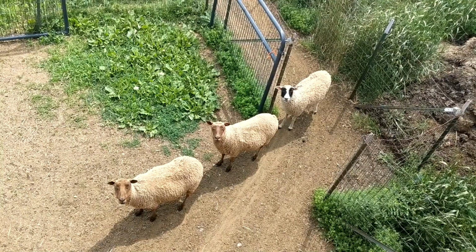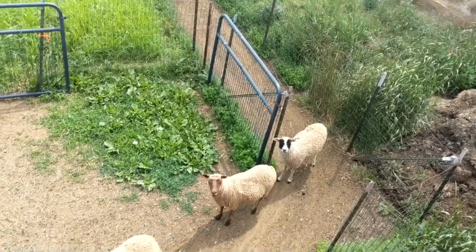I don't really use the south sliding doors in the loft for anything other than getting video footage of the sheep out there, because it's a cool angle. So the center section, a couple other details to share with you. The center section was built with two pens, two separate,